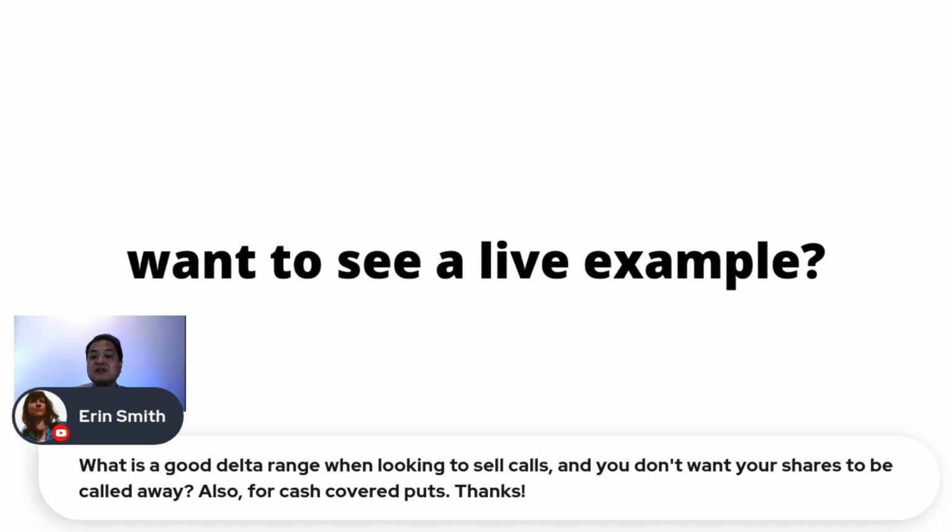So maybe I could show you a real example, and I'll show you the delta. I don't always have to look at a delta. Like I said, I'm doing simple option trading, so I don't necessarily need to look at the Greeks to understand whether or not I want to get into a trade. So that's one of those things, right? It's a balance, right? How much do I want to know and really invest myself or invest my time versus, you know, I've got a pretty good trade. Getting 80% profit might be enough for me, and I don't need to worry about the deltas, like the theta and things of that nature. So it's kind of a trade-off there.